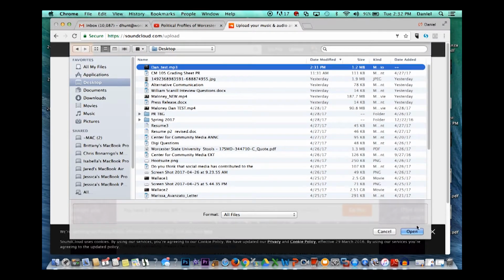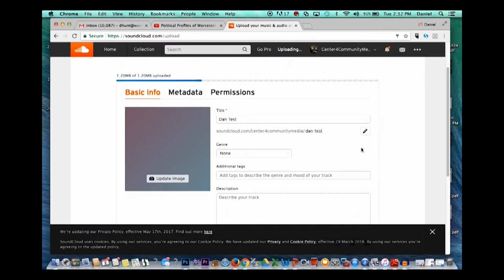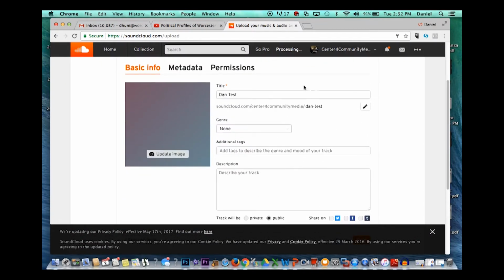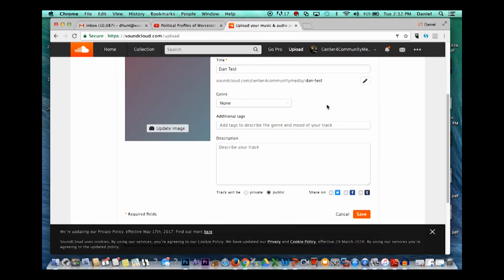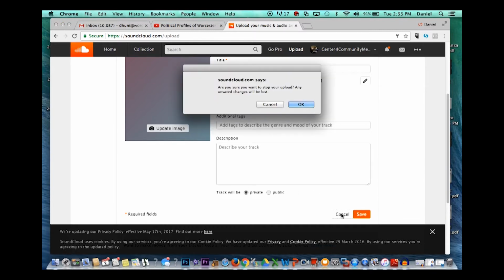In this case, it's DanTest MP3. You can retitle at that point. You can decide which genre it is, and they have some pre-selected ones. You can add several different tags if you want it to be found through Google or on Twitter. You can describe your track and give some more detail, and this is where you would credit your music and anybody else that you need to credit. You can add an image for this particular podcast, and you can select if you want it to be private or public. I'm going to hit cancel right now,